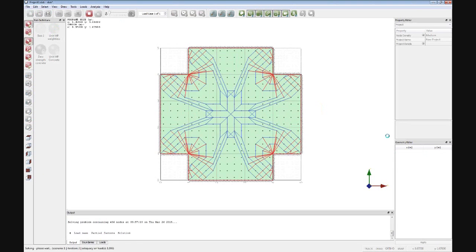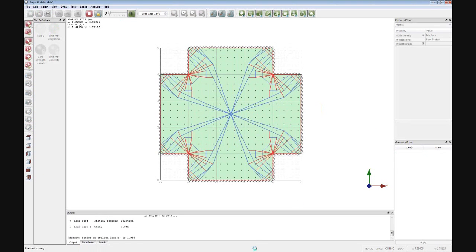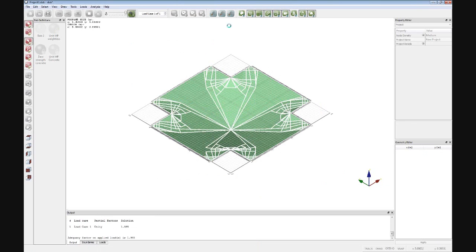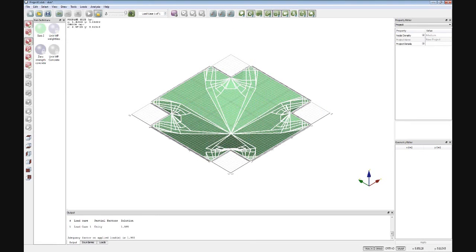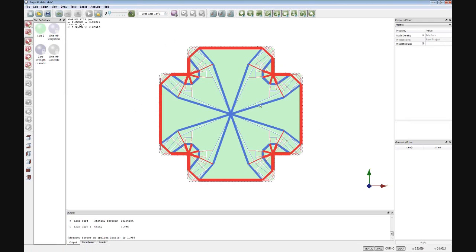We can solve again, see what the failure mechanism is like, and in this case we've got this sort of rose petal type failure mechanisms spreading out from the corners in each case. So you can see there that you can very quickly create and modify a problem from scratch using the software. The last way, so I want to very quickly just explain how you can get a problem